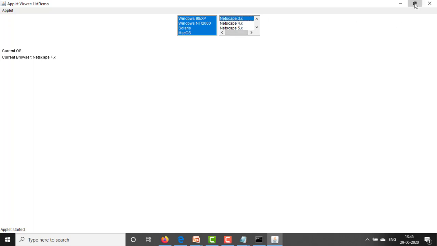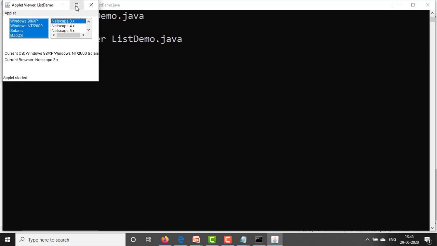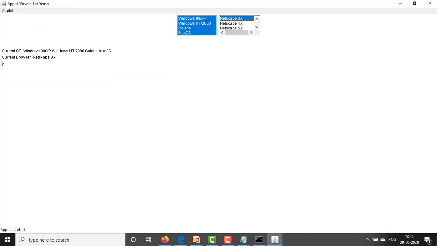Refresh this page, and here the message values for the current OS selection are shown, like Windows XP, Windows NT, Solaris, Mac OS. Like this we have selected, and current browser Netscape 3.x we have selected.